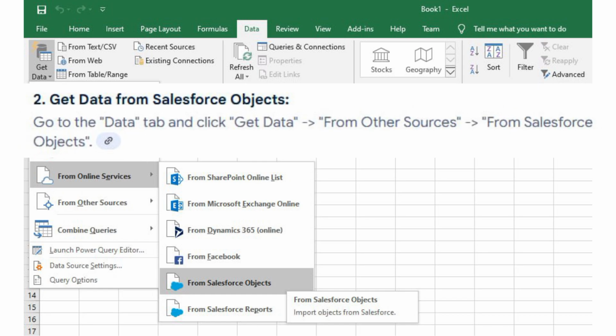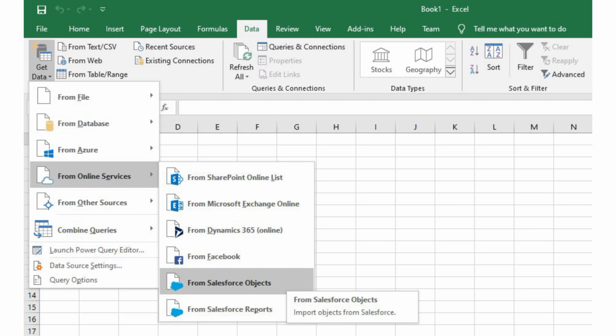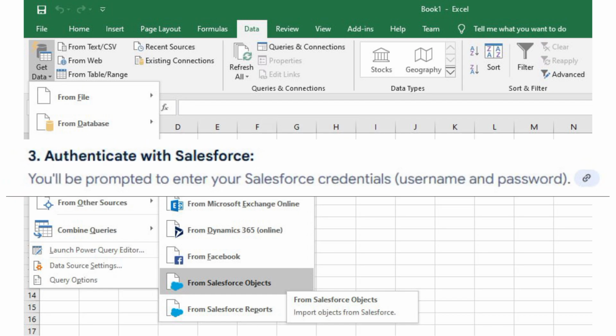And so for step 2, all you have to do is go to online services and then click on other sources and then click on from Salesforce objects. And then from Salesforce objects, you will have a pop-up shown on your screen, which is going to proceed to step 3. And then from there, you will be prompted to enter your Salesforce credentials, username, and password to connect